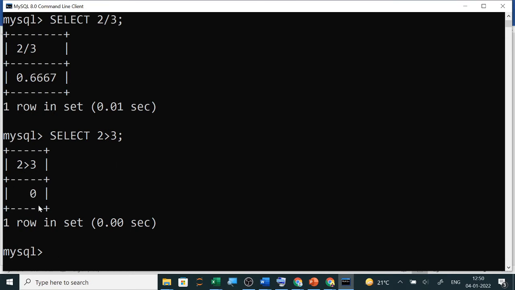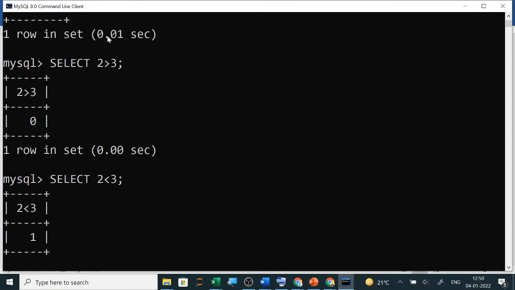So false it shows in the format of 0, and true it will show in the format of 1. So here you can see that in logical operations, when it shows 0, this means false, and when it shows 1, this is true.